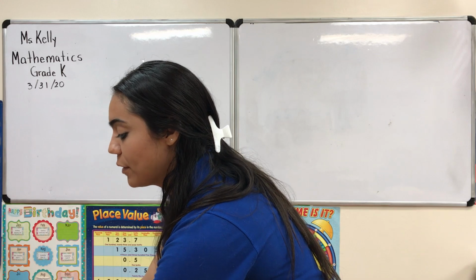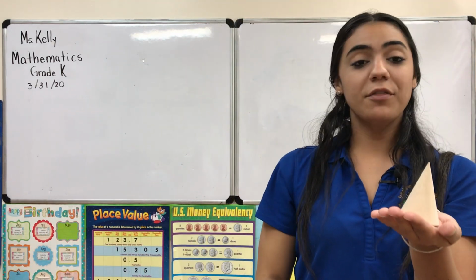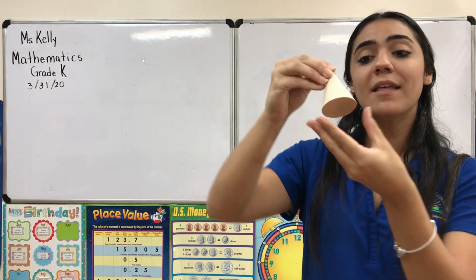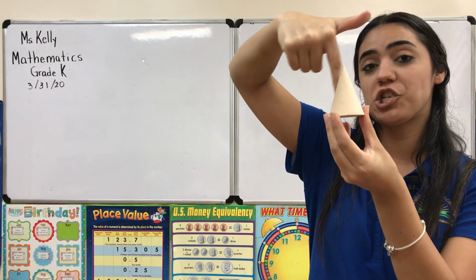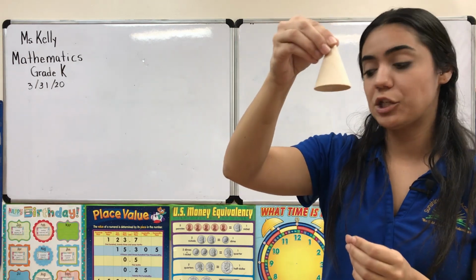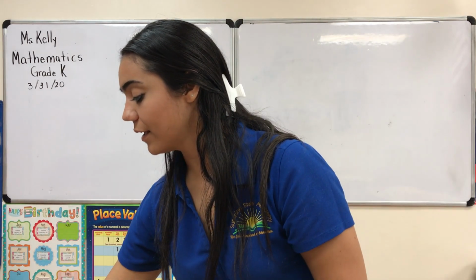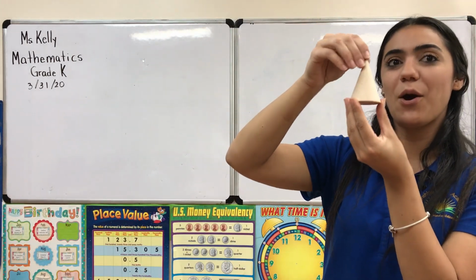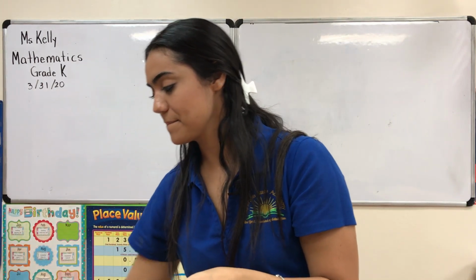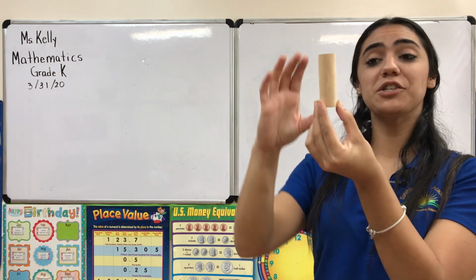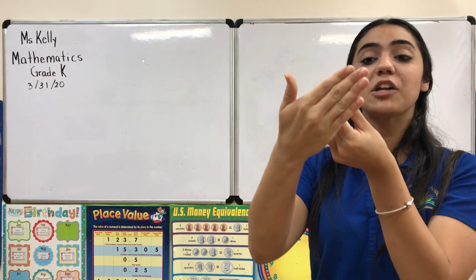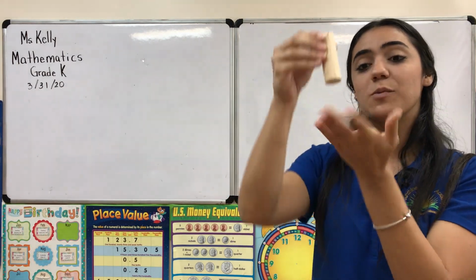The next shape that I'm bringing out to you is the cone. The cone is going to look like a flat side at the bottom and then almost a cylinder-like shape that goes into a nice point at the top. So this one's called a cone. And now we're going to be going into the cylinders. This is your cylinder right here. It's got a nice round curved body, and then it's got two flat sides,